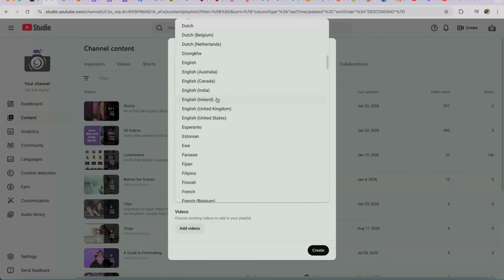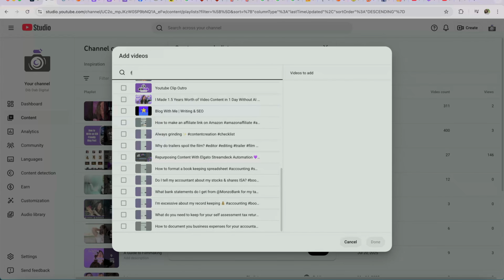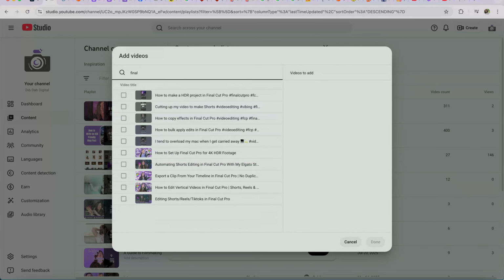Then you go through and you select all the videos that you want to add into the playlist. You can search for it if it doesn't appear on the default last 30 or so that you've published. I would recommend opening 2 tabs of YouTube Studio, the one where you're building the playlist and then just one of all your content history, because after the first few, if you've forgotten how many